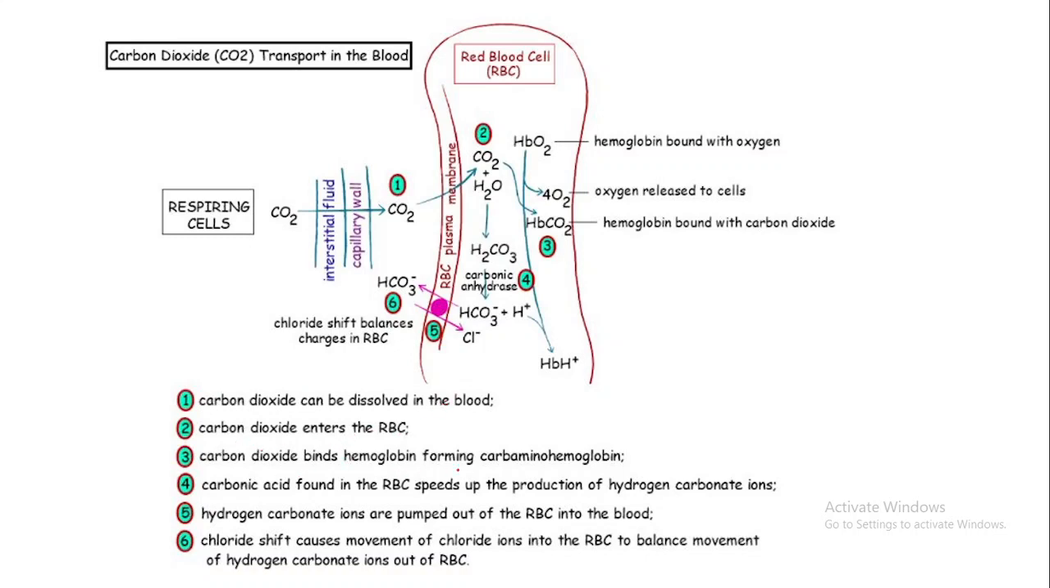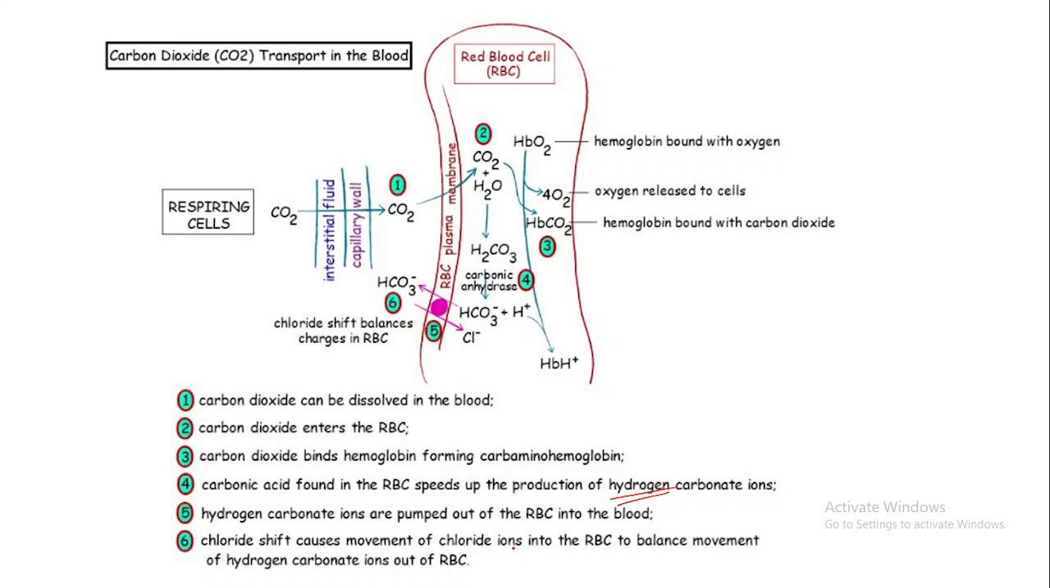Carbon dioxide binds with hemoglobin, forming carbaminohemoglobin. Carbonic anhydrase found in the RBC speeds up the production of hydrogen carbonate ions. I used the term bicarbonate, I'm sorry, it should be hydrogen carbonate. Hydrogen carbonate ions are pumped out of the RBC into the blood. So chloride shift causes movement of chloride ions into the RBC to balance movement of hydrogen carbonate ions out